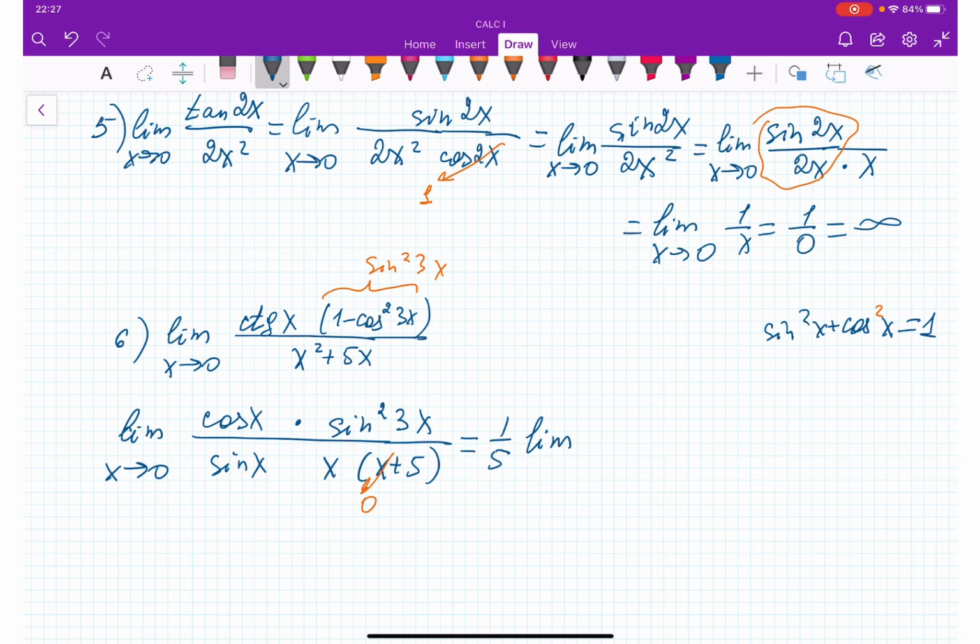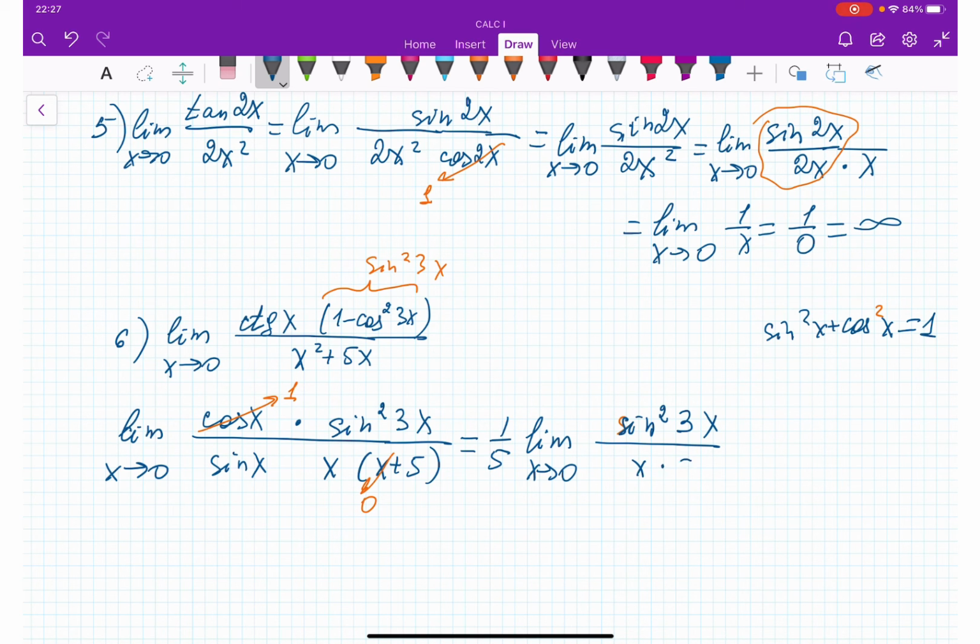And here we have limit x approaches 0 of sine squared x. What else do we have here? Interesting, I forgot to also take care of that one. Cosine x, so if I plug 0, cosine 0 is going to be equal to 1. So let me rewrite clean. We have left sine squared 3x, right, over